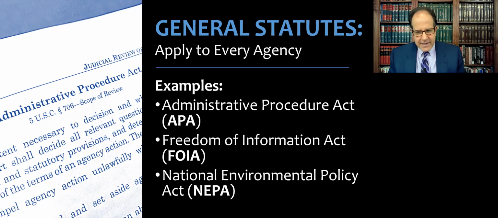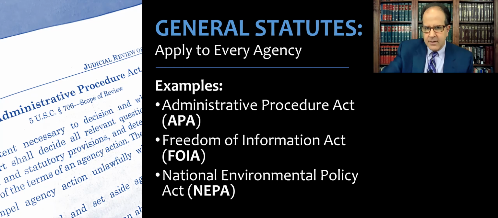The Freedom of Information Act is a transparency in government statute that allows private parties to petition an agency for information that agency has. Agencies collect a lot of information. Again, this isn't anything substantive about agencies having to implement certain policies. This is just about making documents available to the public upon request. And then the National Environmental Policy Act basically requires the agency to do some procedural steps of studying the environmental impact of their actions before they take them.